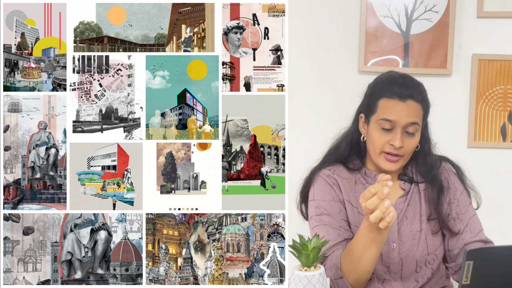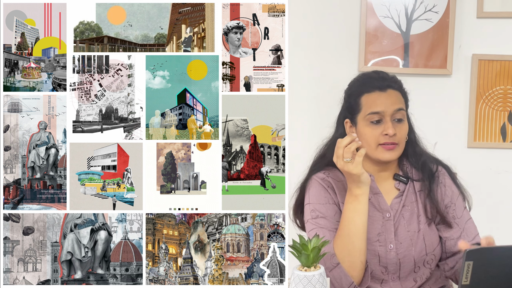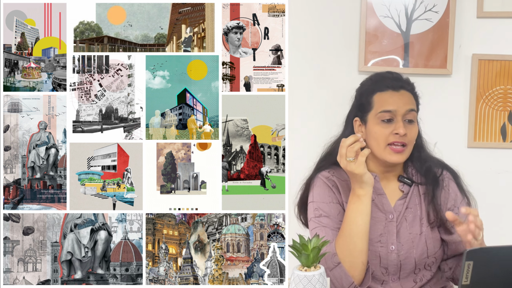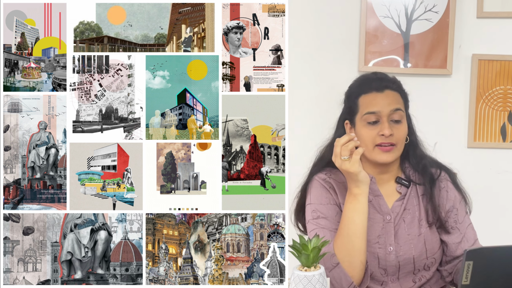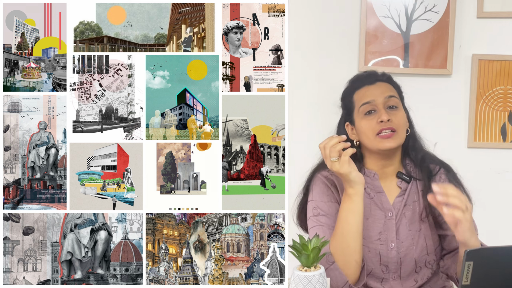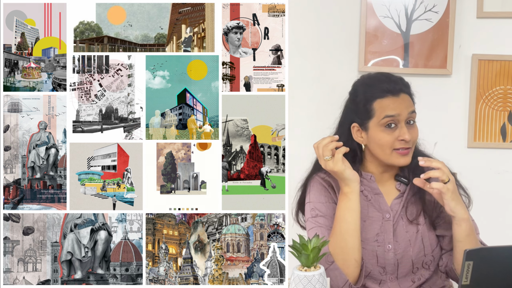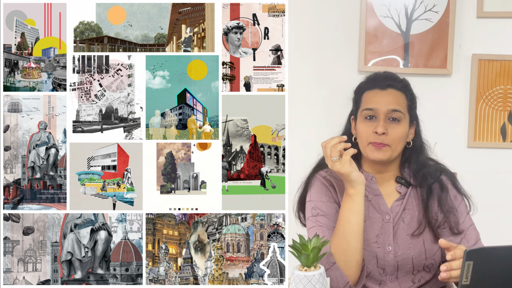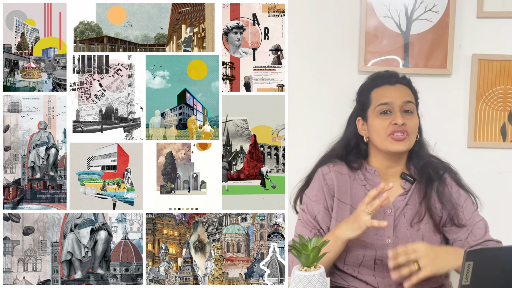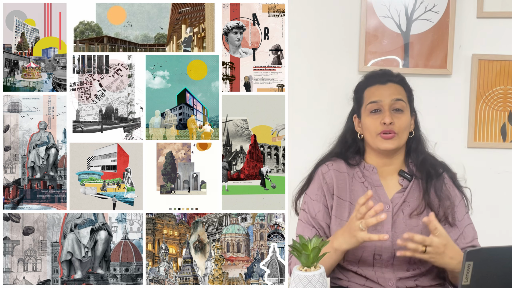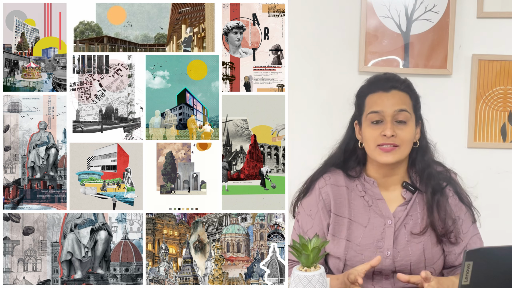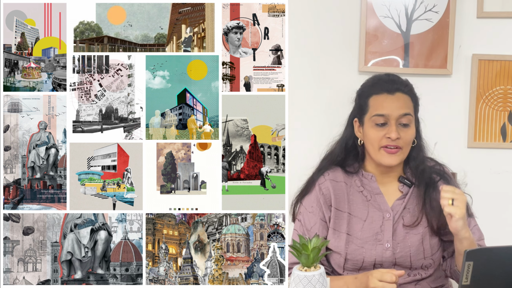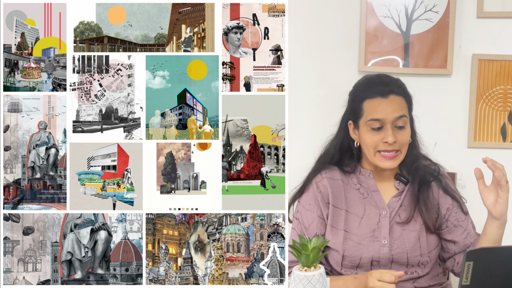In the second render as well, there is layering done, wherein there's a sky added and a few trees, and at the same time there's a cut there and there's a human figure there. So this looks and resembles something like a scrapbook. Remember, we used to add pictures, textures, handmade papers on top of images to just make them look interesting, to make interesting cover pages. Our moms used to help us. This is something exactly related to that, and you will definitely, this will take you to the good old days.